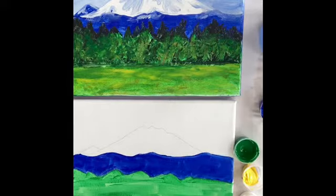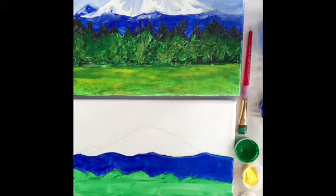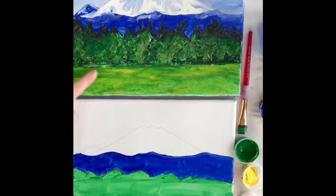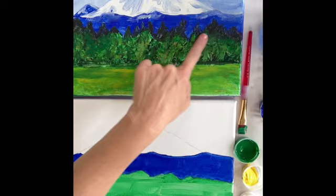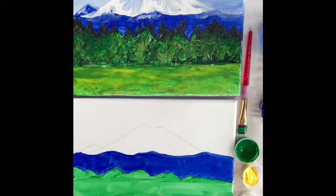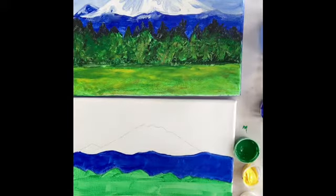And as you can tell, this green doesn't cover quite as well as that blue, but that's okay because we're going to add more colors to it. And because my horizon line here got a little wobbly, I'm going to just mark that off, take my paper towel and wipe, okay? Now, I'm being a little bit casual about it, but that's because I know that this is green too, okay? And all these places where green and dark meet, it's not supposed to be super ultra precise line work. So it's okay. Okay, so add a little more green to that,